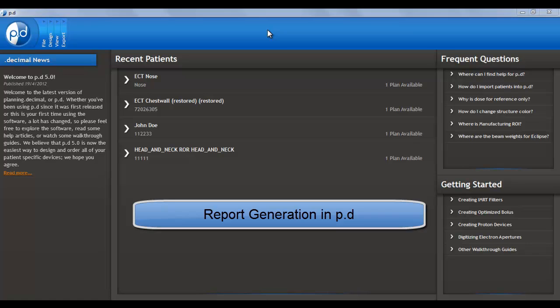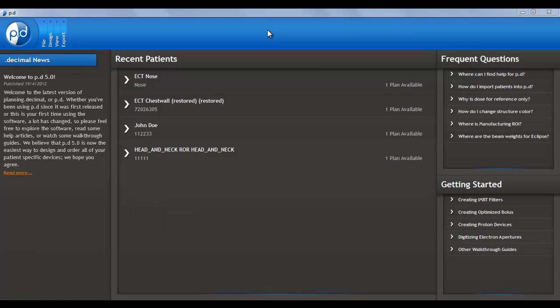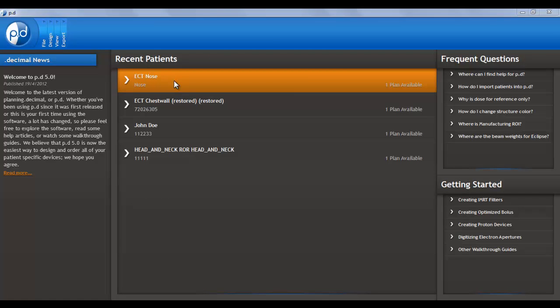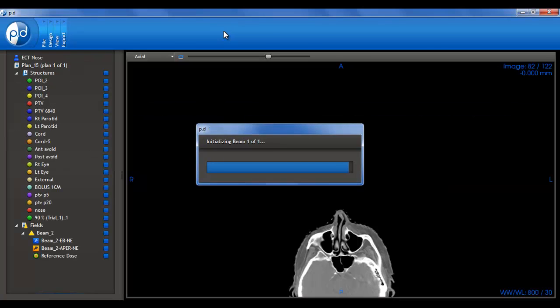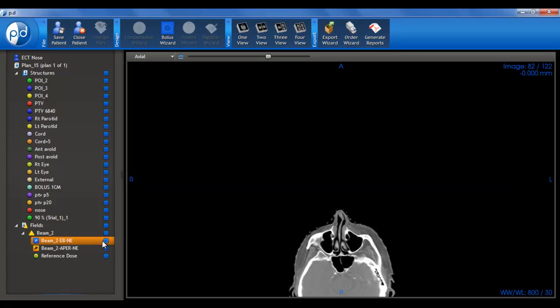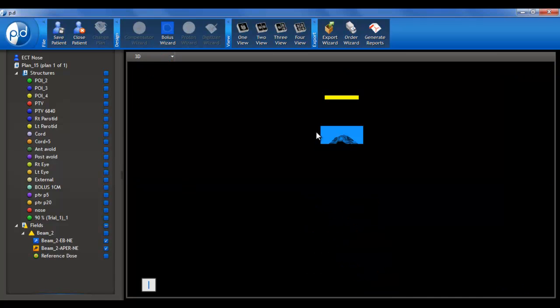So you should be able to use any of the plan files from our other walkthroughs to complete this walkthrough. I'm going to use the ECT nose case. I'm going to load this patient, and we'll see that once this patient loads, I have a couple parts that I can order or generate reports for. So we see that we have a bolus and an electron aperture for this particular patient, okay, associated